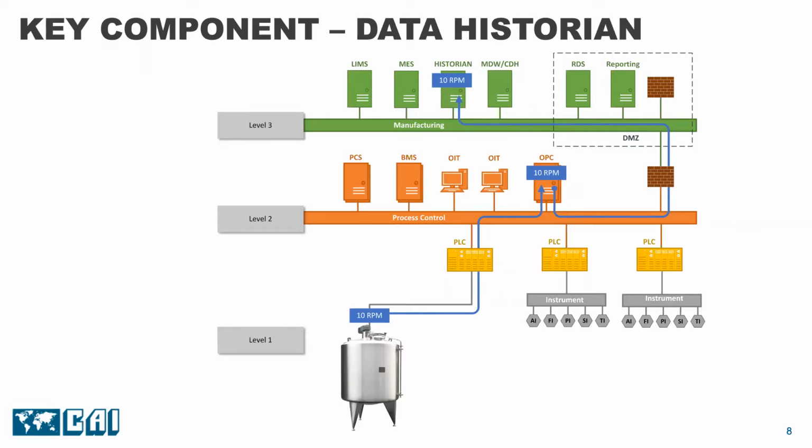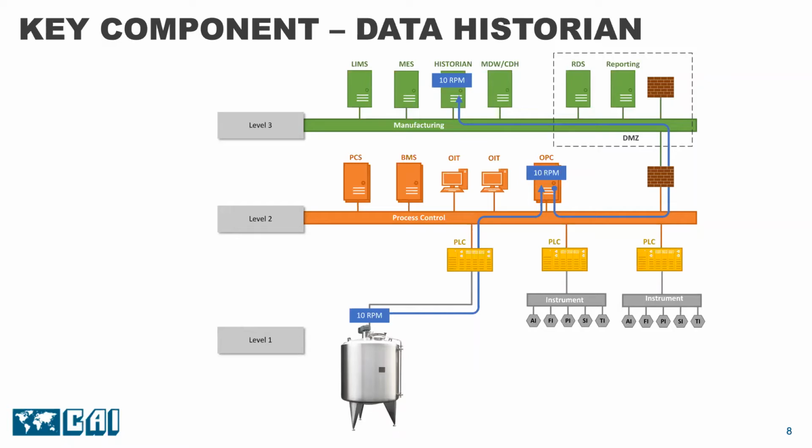The data historian collects the process data and stores it with a timestamp. It is a database of process data. In this diagram, what I'm trying to depict is the value of the agitator speed sensor on a tank during a mix phase. In this example, the PLC, programmable logic controller, is the process controller. The OPC server is providing access to the sensor's value, and the data historian is polling and retrieving the sensor value from the OPC server. I'll talk more about the OPC server in a few minutes.